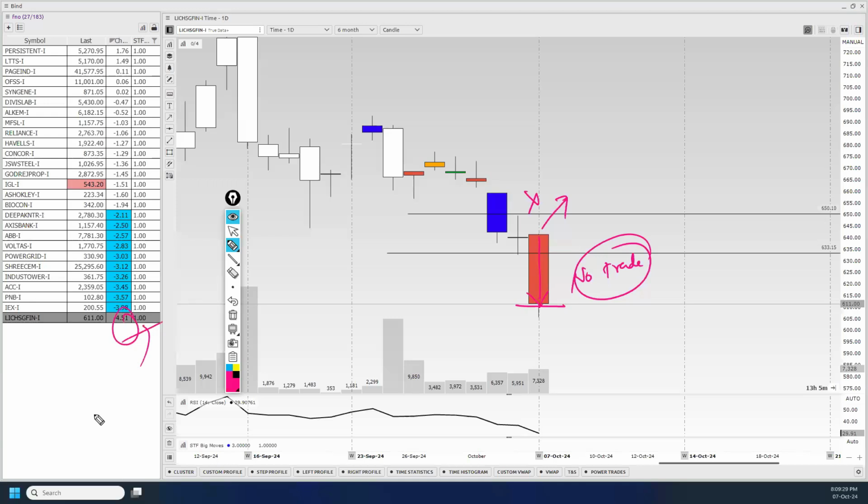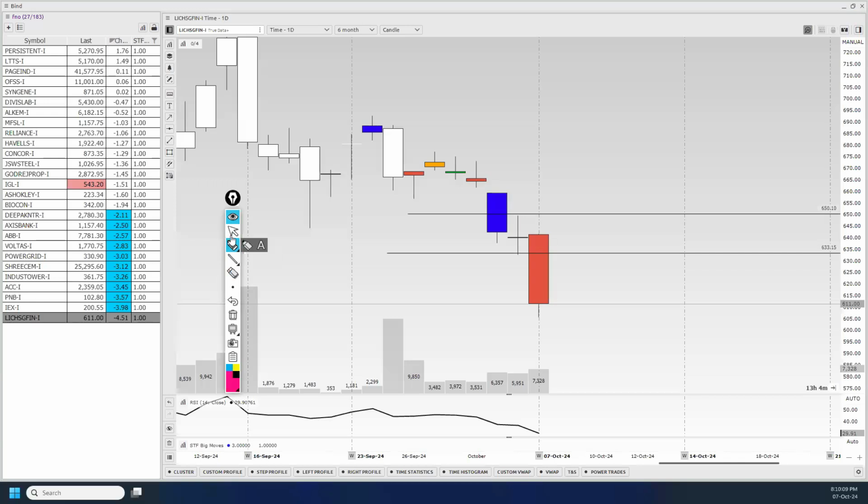My understanding says that I need to make 1% in a day, or I need to pick up a very strong stock which can give me 5 to 10% stock movement in another few days. For that, I cannot bet on just anything. I need to find a good stock for that. So this jackpot will filter out whether today is the opportunity for you or not. If the reversal is going to happen, it will happen from here. If it is not happening, it might go down. And today might be another action candle. It can be a jackpot candle. Who knows? Then if it is a jackpot, tomorrow you have to wait for this level to come. Okay.